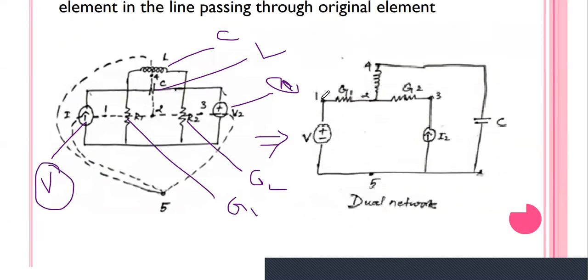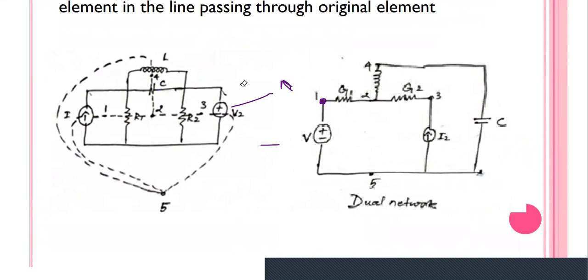First you just place a node. So once again, I will draw and tell. As nodes are available in our diagram, you just place a node. This is node 1, this is node 2 and node 3, then here node 4 and outside node 5. So you just place the nodes first.